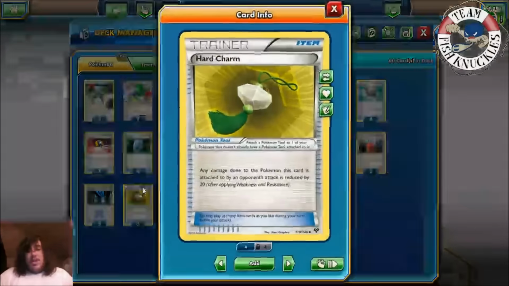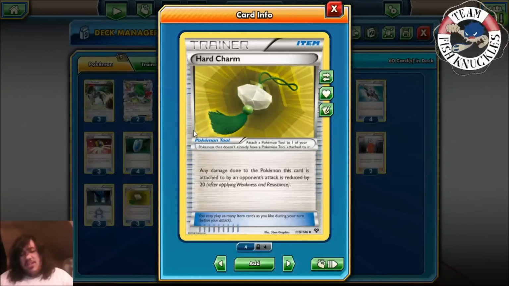We play 3 Hard Charms in the deck currently. I'm not sure how great of a card this is, it just reduces damage by 20. It's mostly to help against Night March. They need a bunch of Night March in the discard pile. I'm pretty sure it's 10 with a Hard Charm...